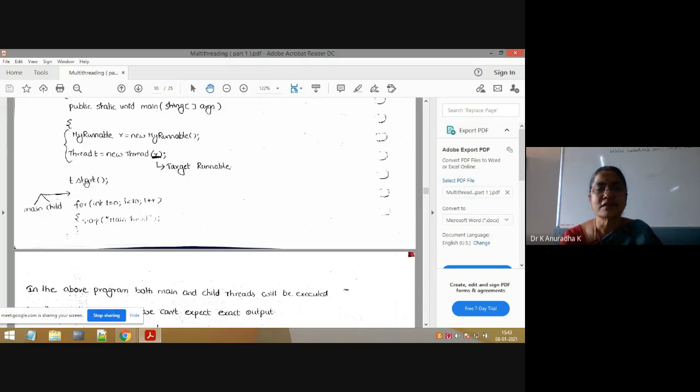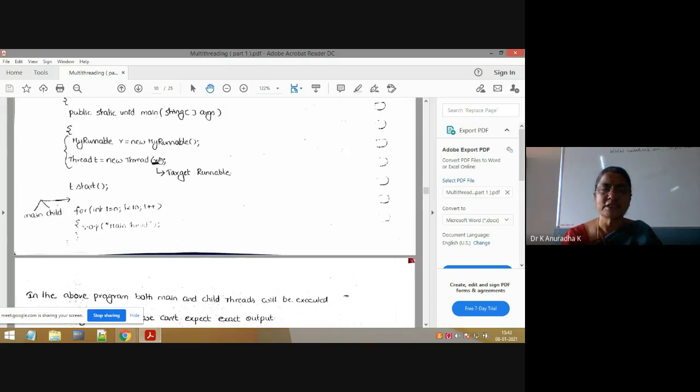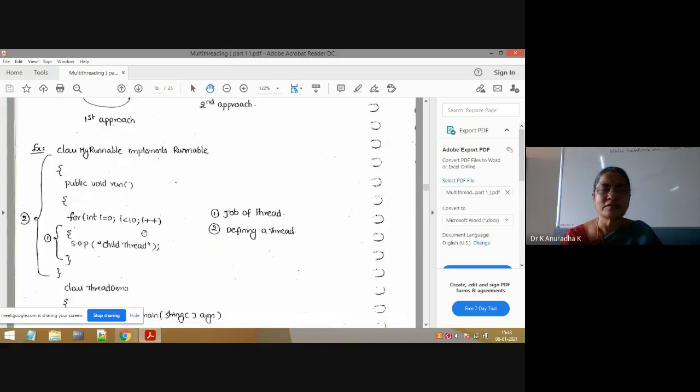That's why t.start. Here you may get one doubt: why this r? Why should we take r as the parameter for this Thread constructor? It is a must. Why? Because if you don't take this r, how do we execute the run method of this